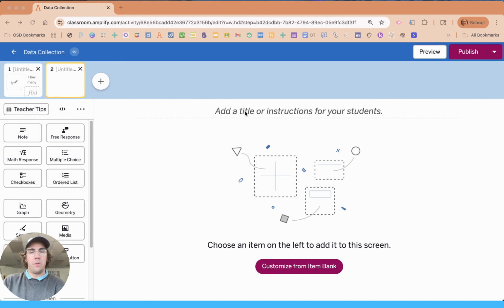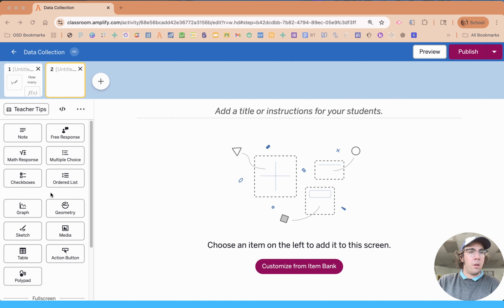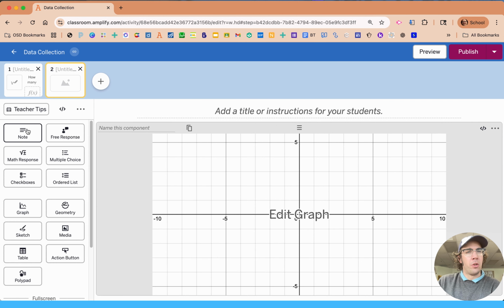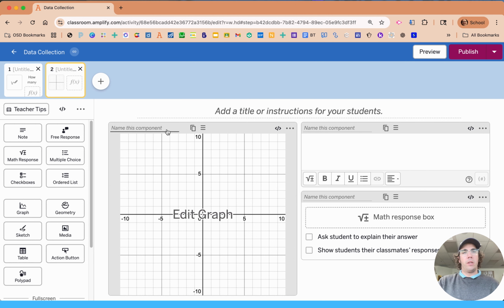We're going to have three main components. We're going to get a graph, we're going to get a note, and we're going to get a math response here. And I'll go ahead and type these. Does this work? It does work. Good. We're going to call this graph. We'll call this here prompt if we need to. And then we'll call this component